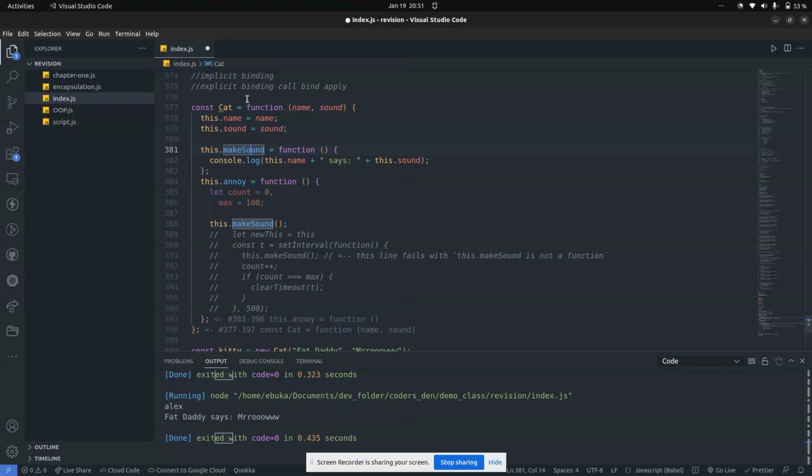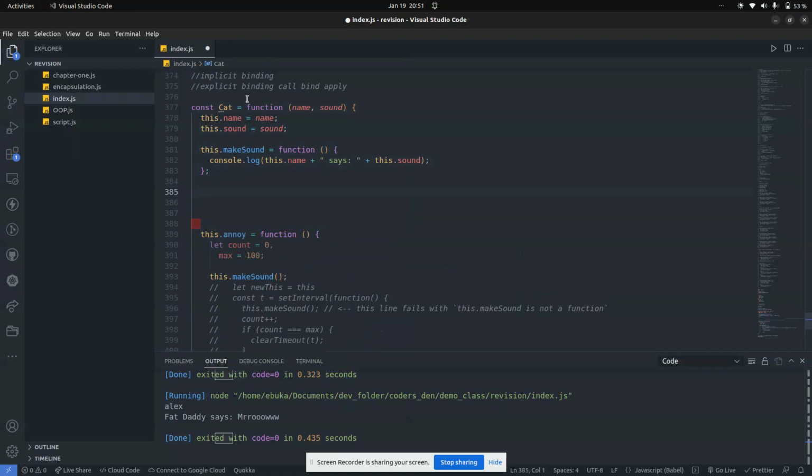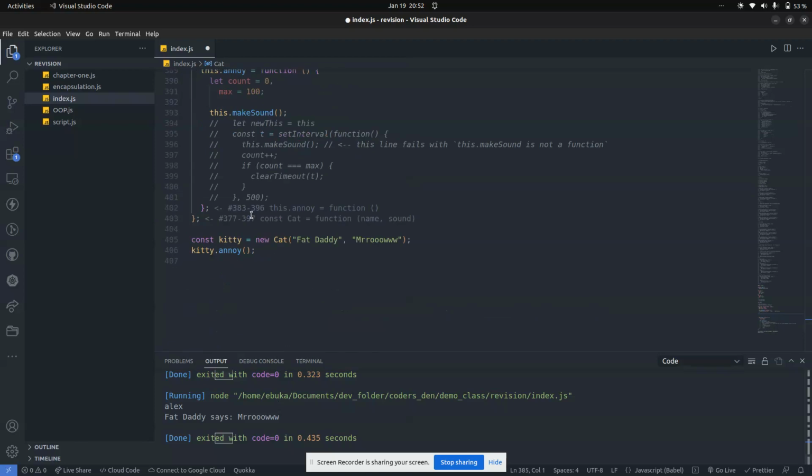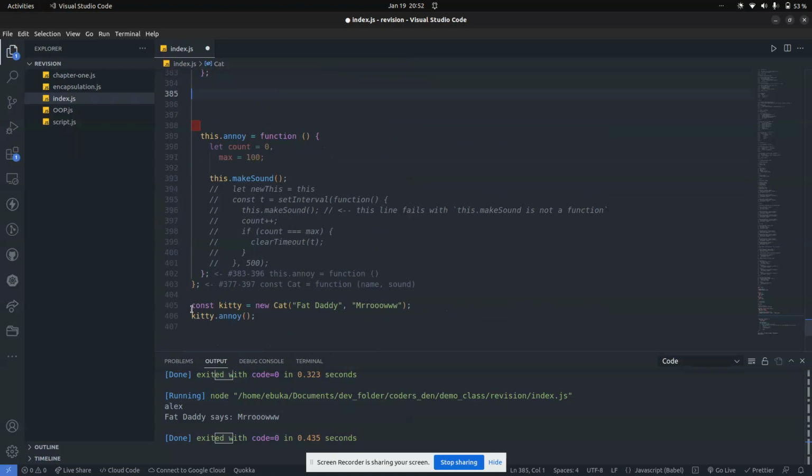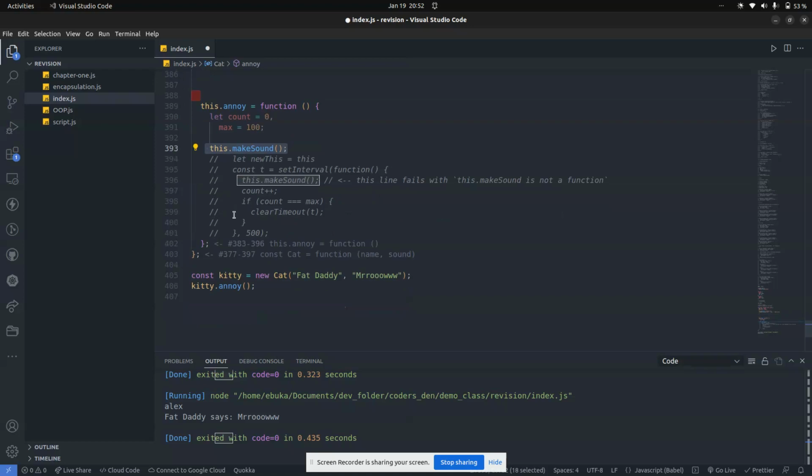Yes, that's what I'm saying. Not inside it. I know that's what's confusing you guys, but don't worry, it's not inside it. It's outside. So at this point now, we can actually get the value of this here, and we'll console log it to show when we associate this method, when we associate the object. So when we do this dot annoy, it is going to call this, because this is visible. But the problem now is that we have another function inside this annoy function, which is